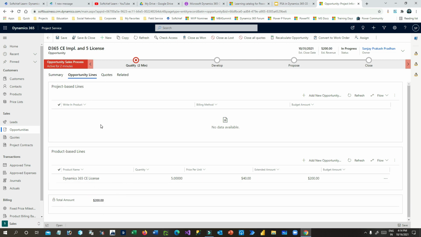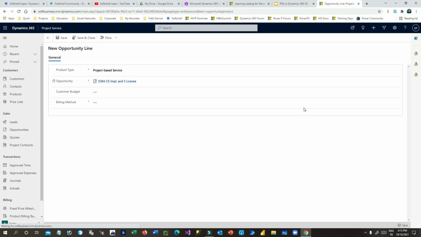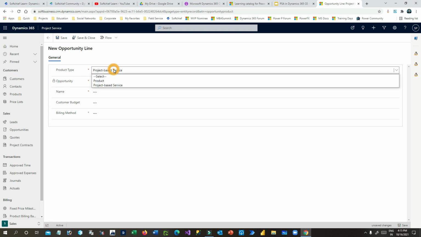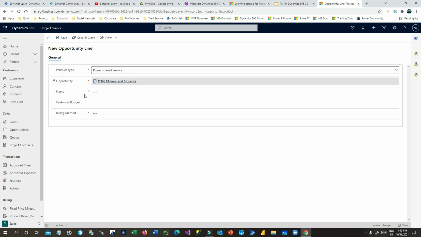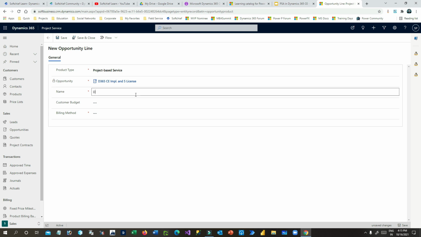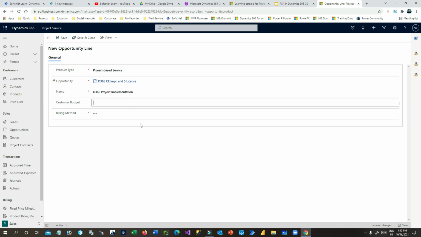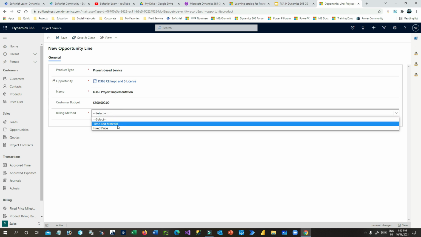Next I want to add a project based line, so click on new opportunity, add new opportunity line. This time the product type is project based, right? And what is the name? Give a name, D365 project implementation, and define a customer budget. Let's say the customer budget is only 500k, right? And I can define the billing, whether you want to work on this project based as a time